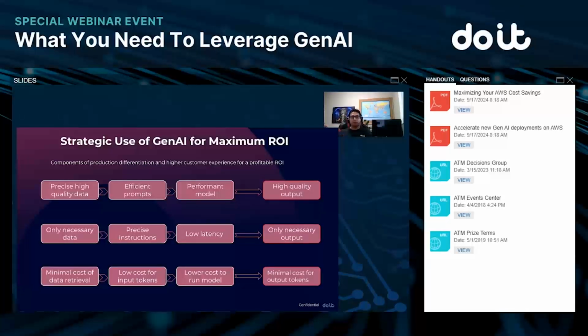So Gemini, fantastic model in GCP. Unfortunately, that is the only model available as a managed service. You can use Model Garden for a lot of other models like Claude. In Amazon, you have Bedrock with a lot of models in there. Claude Haiku, my favorite one right now because it's cheap, it's fast, it's efficient, it's really good. We also have Claude Sonnet. You have other models in there. So I'll let you choose, but keep in mind data, prompt, model, latency, then model output.